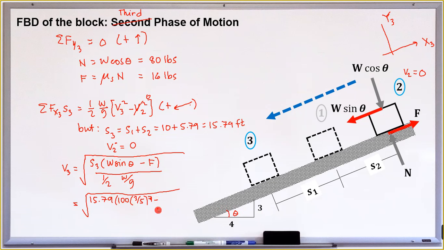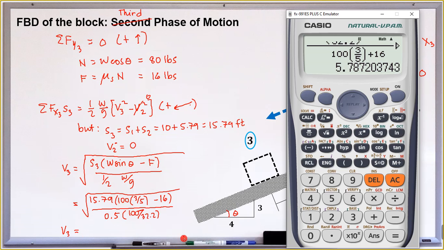And then minus the frictional force, which is 16. Then divided by 0.5 times 100 divided by 32.2. So therefore, our velocity of the block pagbalik niya sa initial position,